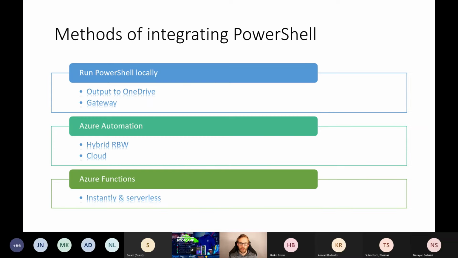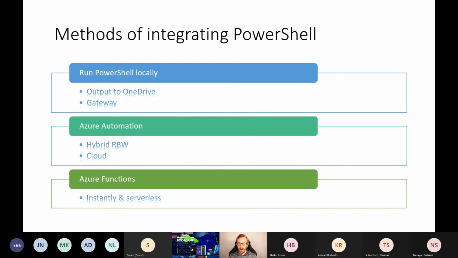So, if we would be integrating PowerShell by outputting whatever you do in PowerShell to OneDrive, and you would want Power Automate to take action based on whatever output is there. So if, for example, you're facilitating a migration, you've written a couple of scripts for that. Part of the migration is going to be local, part of it will be in the cloud. And based on whatever is in this plain text log, you want Power Automate to act on this.